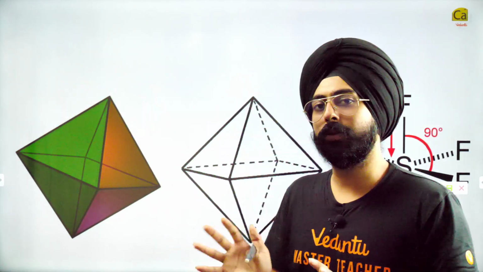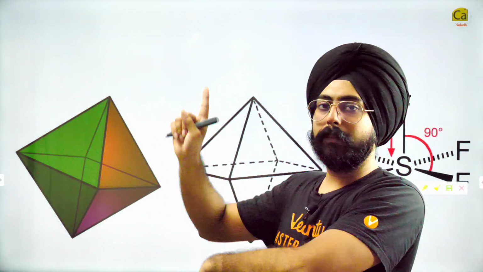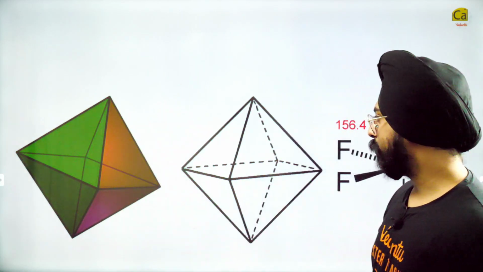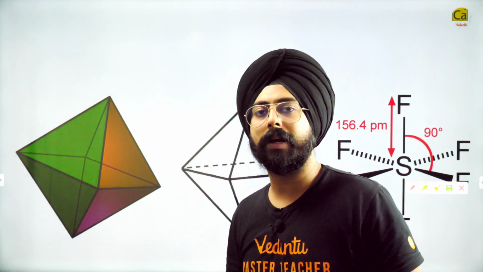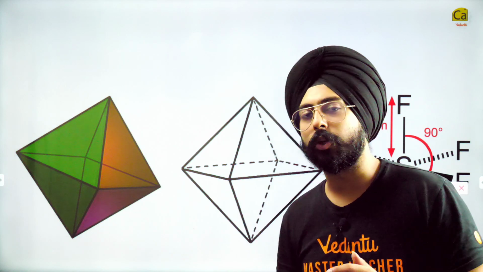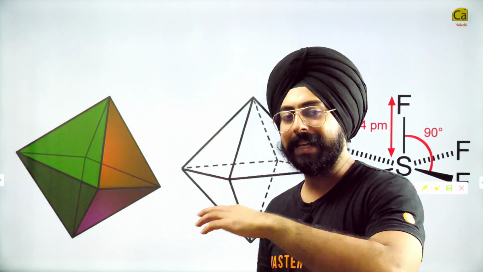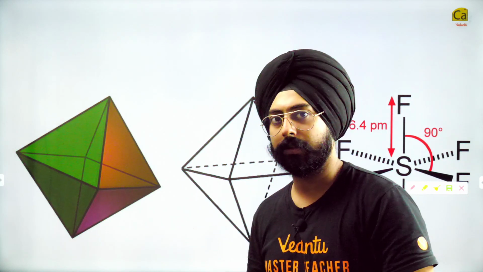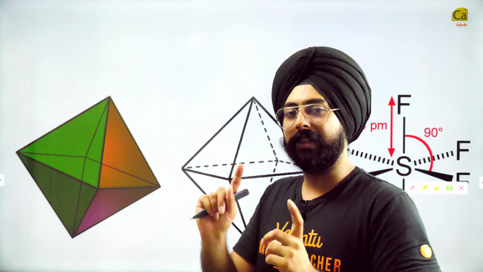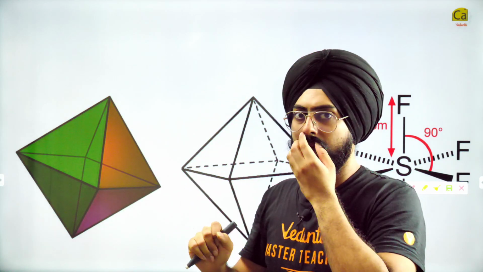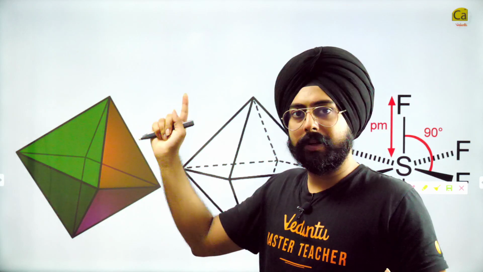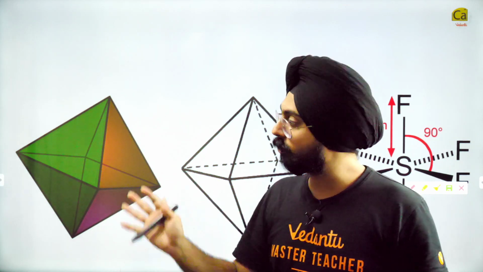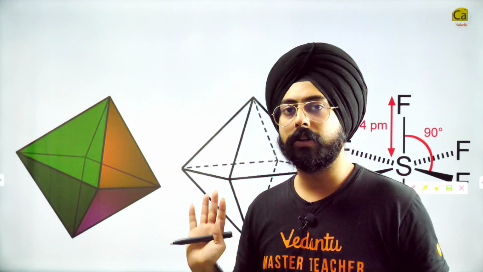It is similar to square bipyramidal. I'm sure a lot of you would be saying, sir, but this looks like a square with 2 pyramids. Can't we call it square bipyramidal? See, in bipyramidal geometries, the equator has a different configuration than the axis. Like we saw in trigonal bipyramidal, in the equator the angles were a little different, in the axis the angles were a little different. Over here, since all the angles are 90 degrees, we don't call it square bipyramidal, we simply call it octahedral. This is a symmetrical 3D structure.